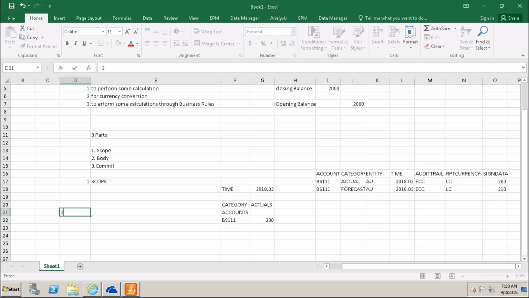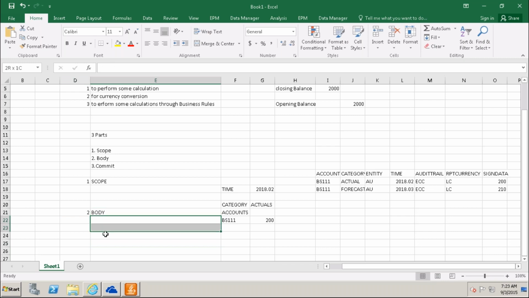Second one is the body. In the body, we will mention the logic, how the calculations need to be performed.